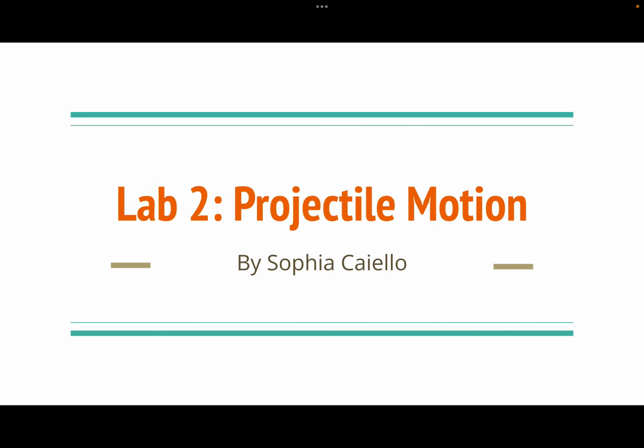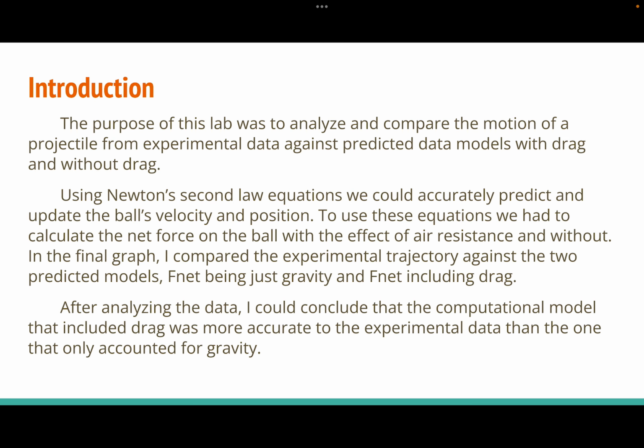Lab 2, Projectile Motion. The purpose of this lab was to analyze and compare the motion of a projectile from experimental data against predicted data models with drag and without drag. Using Newton's second law equations, we could accurately predict and update the ball's velocity and position. To use these equations, we had to calculate the net force on the ball with the effect of air resistance